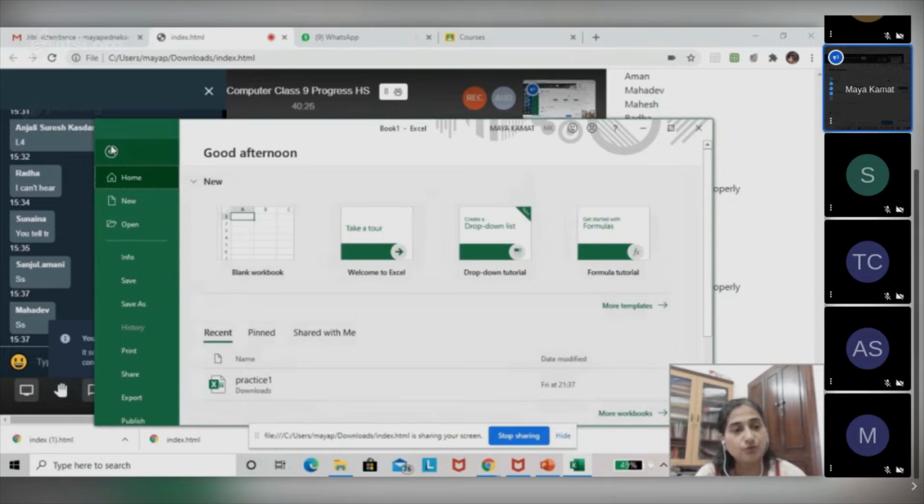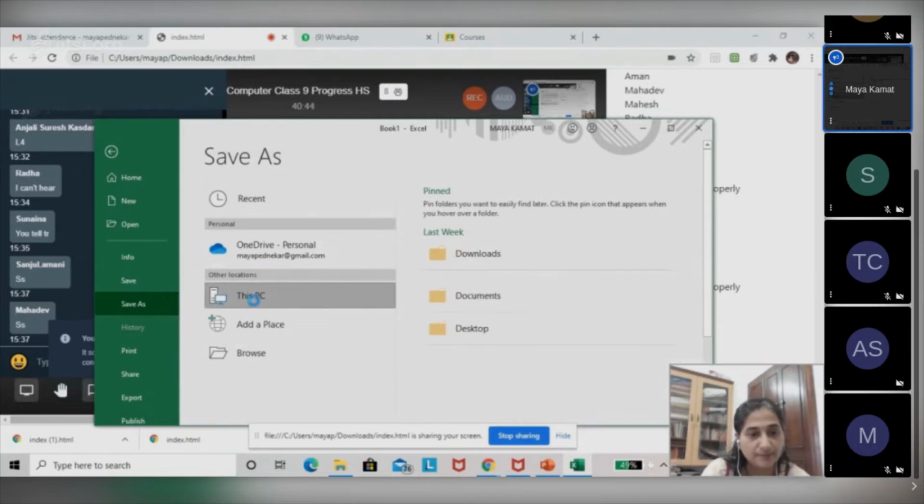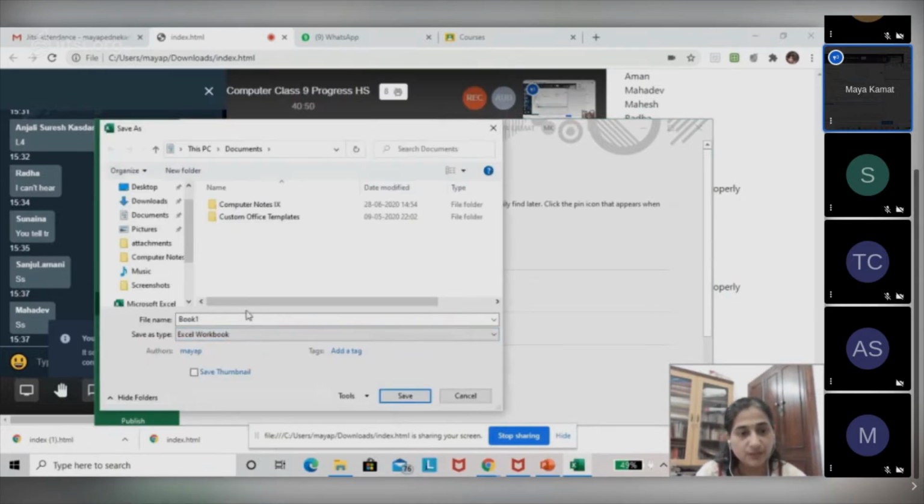If I want to change the name, what do I have to do? Go to File. Okay. Can you all see the Save option here? Yes. Click on it. It is asking me where I want to save it. Let's say I want to save it on this PC, on the desktop. If you notice, by default, the name is shown here as Book1.